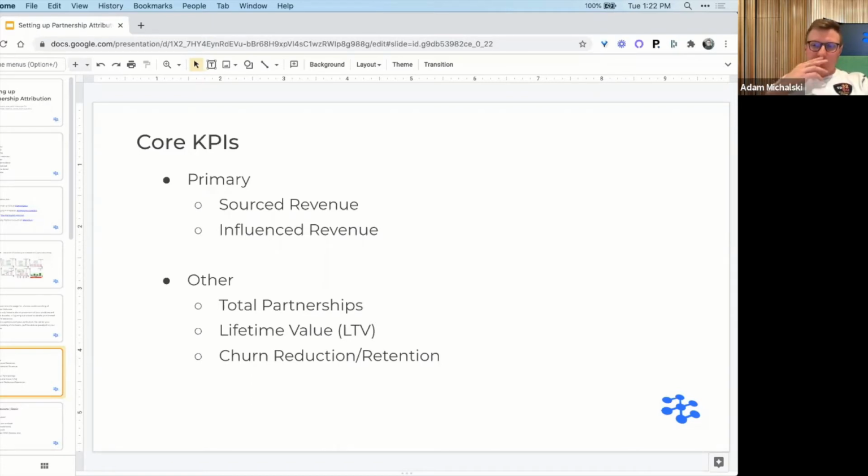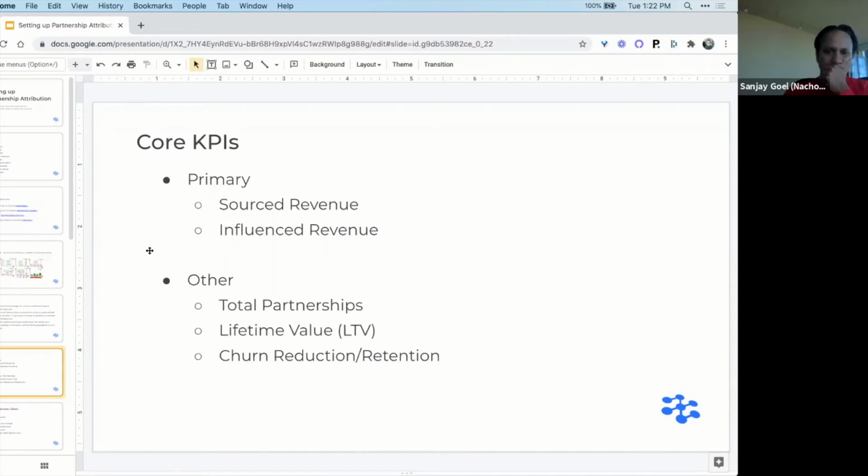These three are really more relevant to product or tech partnerships. But if you do have any of those product or tech partnerships, or even partnerships more broadly, but those are usually the primary ones here, it's going to allow you to understand, okay, when that partner is involved, what are the other benefits, more down funnel from just the actual sale, post sale, how is that affecting your business? So we're not going to touch on these in too much detail, but I'm more than happy to speak to these if anybody has any questions. I know that was a mouthful, so let me stop for a second. Any questions on the core KPIs here, whether the primary or the other, before we proceed?